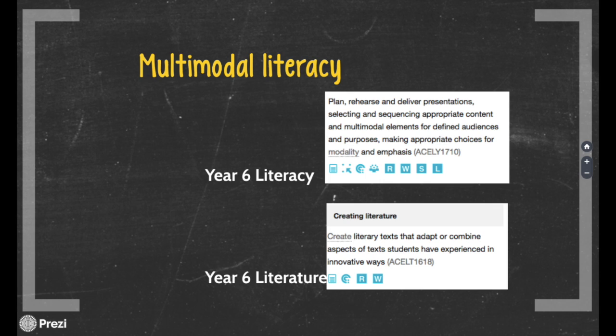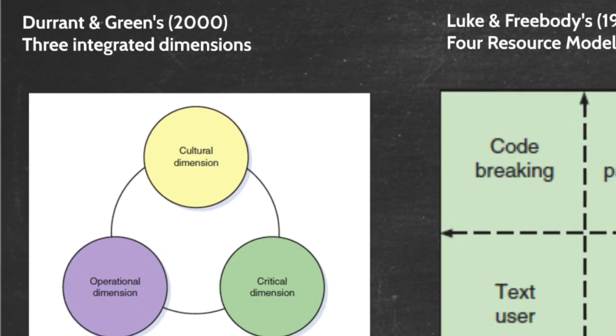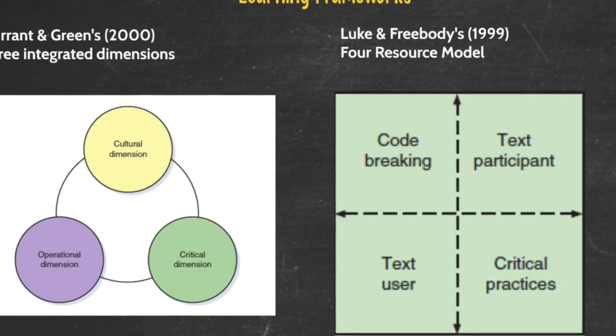The next literacy demand of focus is the capacity to engage with multimodal literacies. Literacy is no longer words in books, but audio, visual and interactive forms of communication. The first example of multimodal literacy in the English curriculum comes from the Year 6 literacy strand and requires students to plan, rehearse and deliver a presentation, selecting and sequencing appropriate content and multimodal elements to define audiences and purpose. According to Durrant and Green, this is a cultural dimension, which aligns with being text users and text participants in